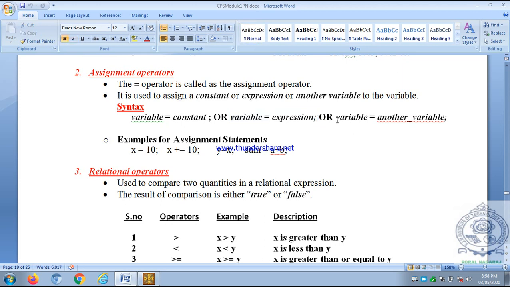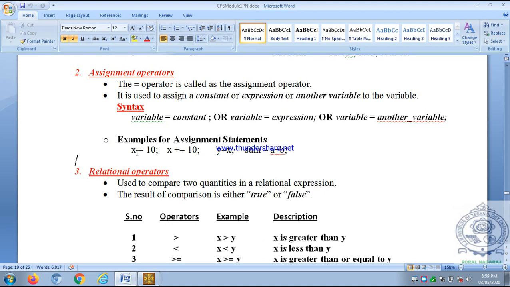Next we may also have variable assigned a value another variable semicolon. You can observe here, y assigned a value x. So on the left side of the assignment operator is a variable name, and on the right side another variable name. Here x is another variable name, and semicolon is the terminator. So y assigned a value x semicolon is an assignment statement. So these are all assignment statements.